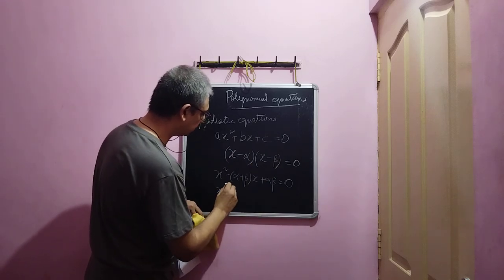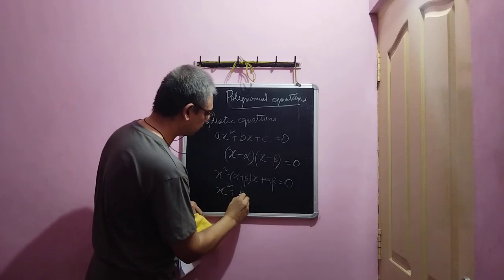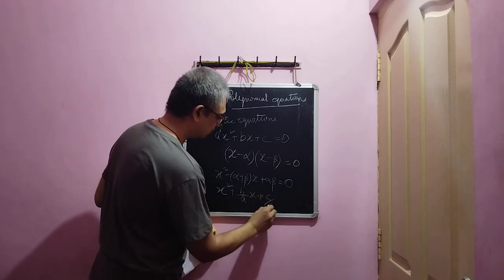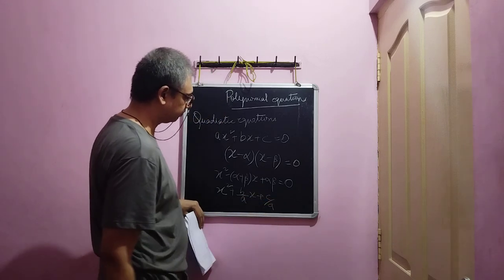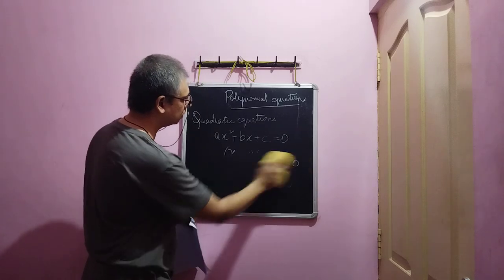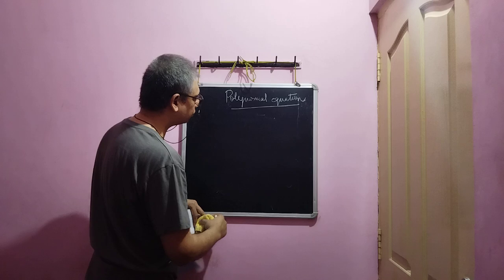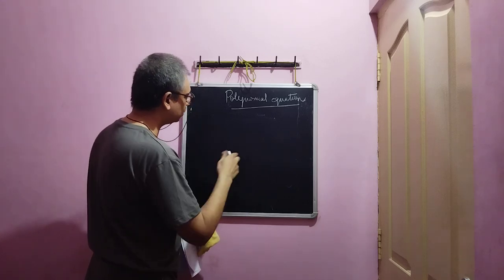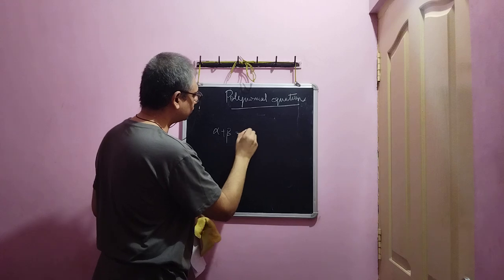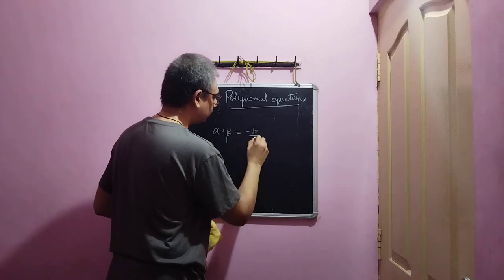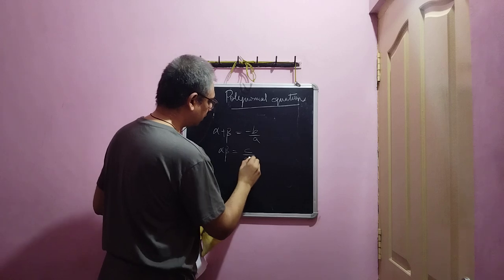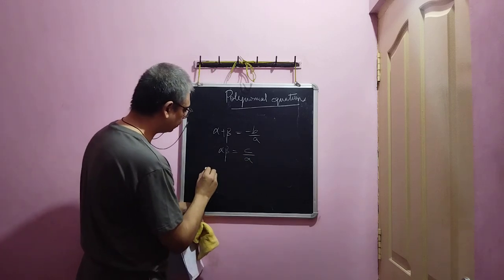If we divide by the leading coefficient, it can be written as x square plus b by a x plus c by a. So comparing the coefficients, if two polynomials are equal, their corresponding coefficients must be equal. Therefore, you get alpha plus beta equal to minus b by a, alpha beta equal to c by a. Now we know that